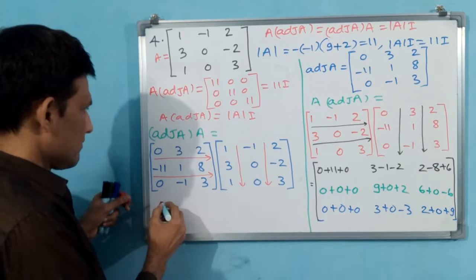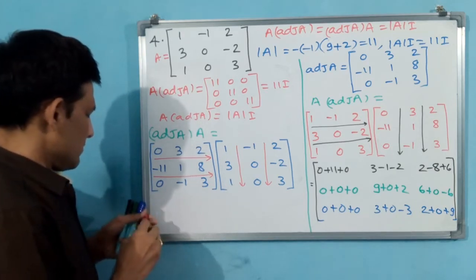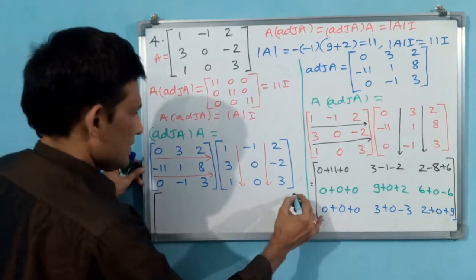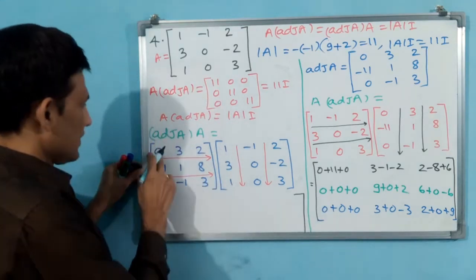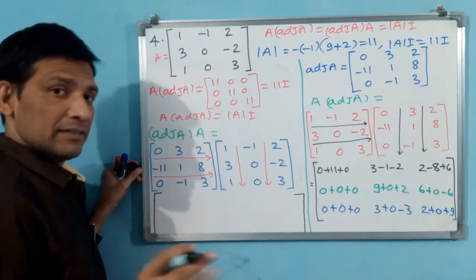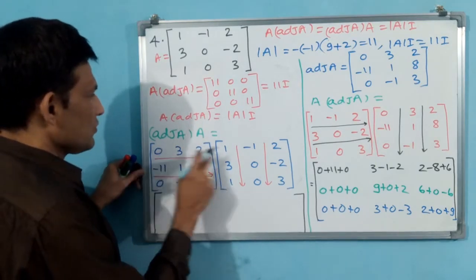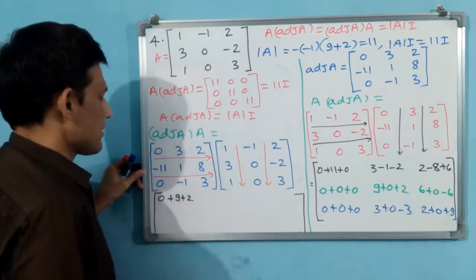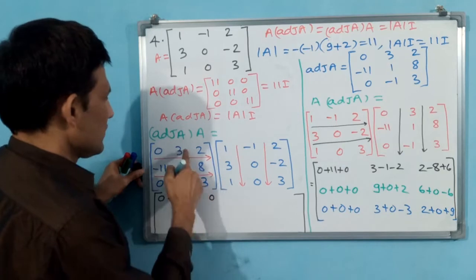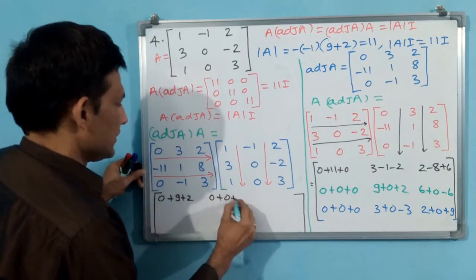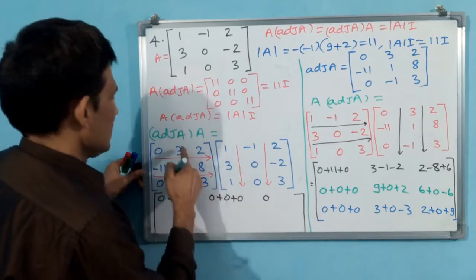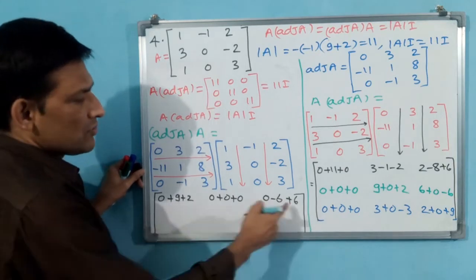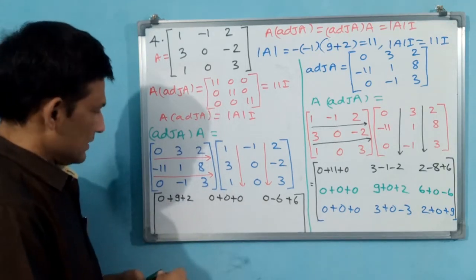Can we do here? Try to do here. Okay. What I am going to do, I am going to change these colors. You see, this also 11I has to come. That we know is the answer. First 11 has to come. You see, 0, okay, 9, 2. Okay, next 0, 0, 0. Next 0, minus 6, plus 6. You see, 11, 0, 0 has come. Okay, we are going in the correct direction.